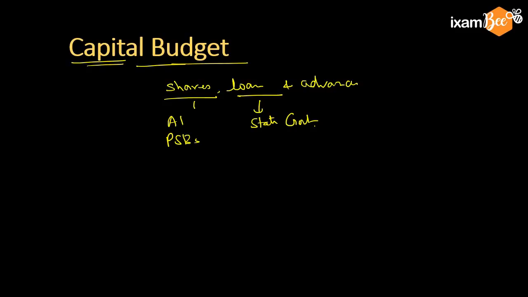Payment will be when the government of India puts in more money. For example, in the case of public sector banks, the government is now putting in more money, giving them more capital so that their NPA position can be better and their overall position can be better. So that is payment. And receipt is when the government receives income when the company is making profit, or by disinvestment also. I'll come to disinvestment.